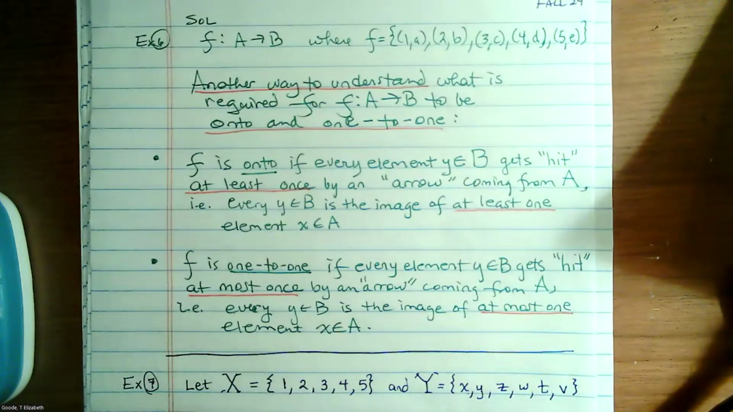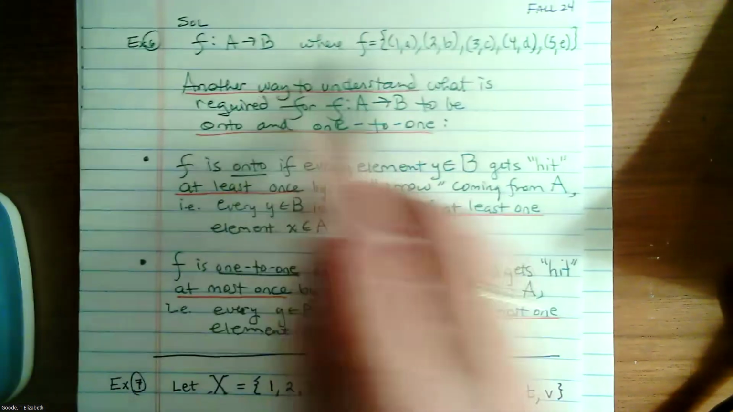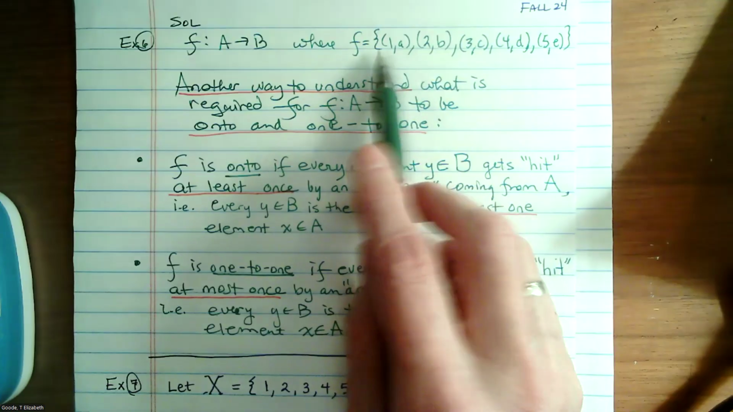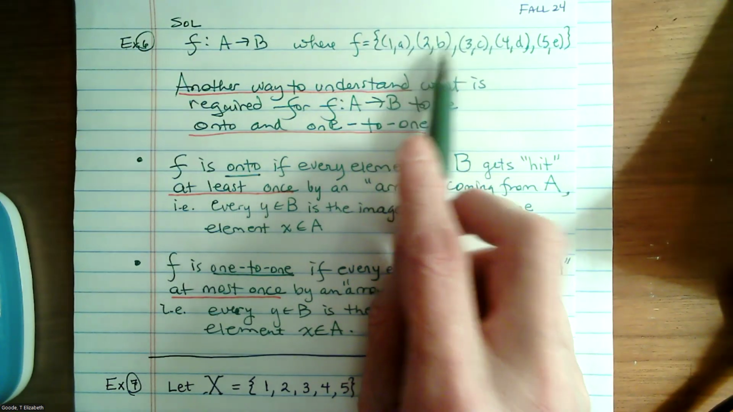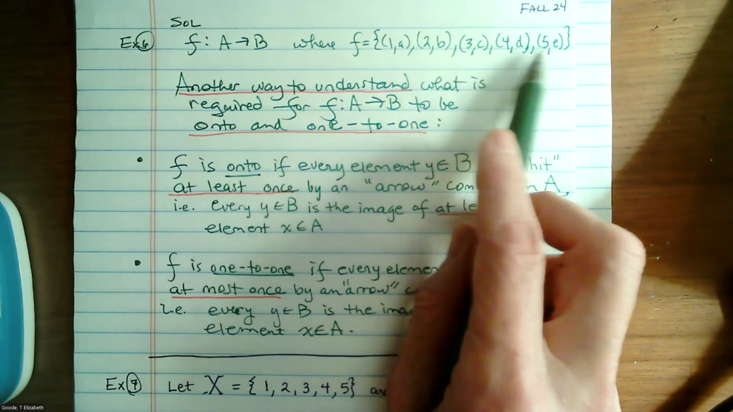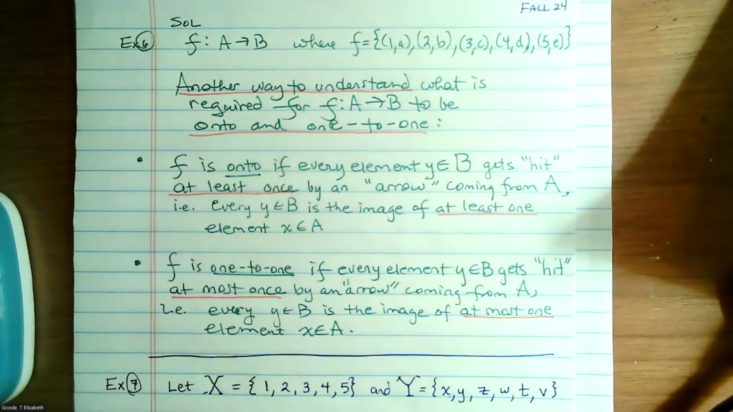In fact, you know something? I'm kind of tired, so I'm actually going to just show you this page of notes. This is the obvious one-to-one onto function. Of course, there are lots of other ones. You could send 1 to E and 2 to D and 3 to C and 4 to B and 5 to A, or, I mean,